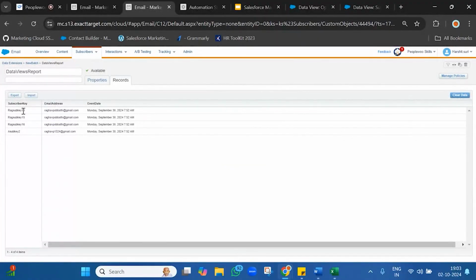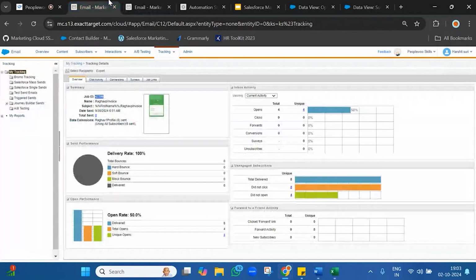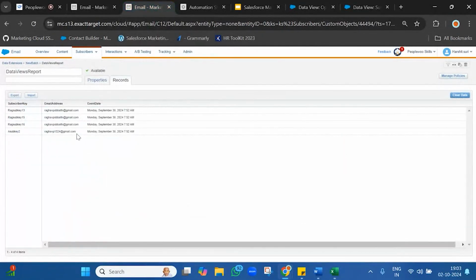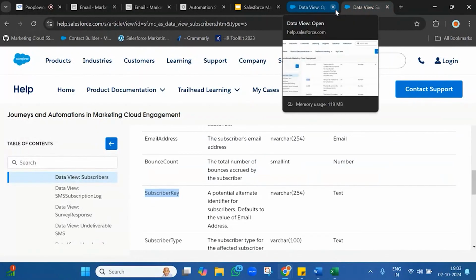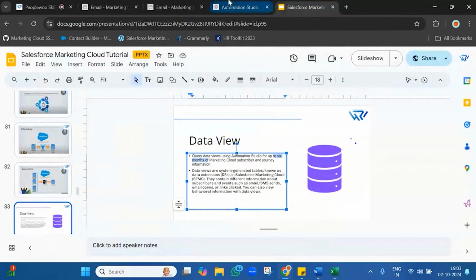So we got those subscribers who have opened those emails. If you look here, job ID, total people sent 8 and 4 people have opened the email. And those people who have opened that job ID, their subscriber keys, email addresses, and dates and times are reflected here. So that is how we have to use data views. Whenever you have to query tracking data, you consider